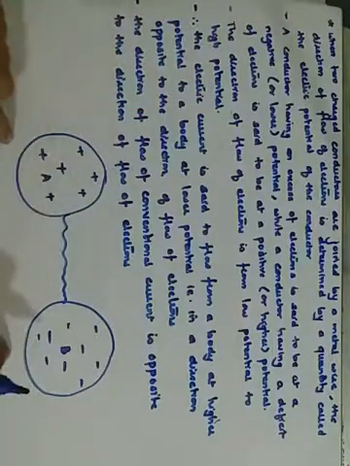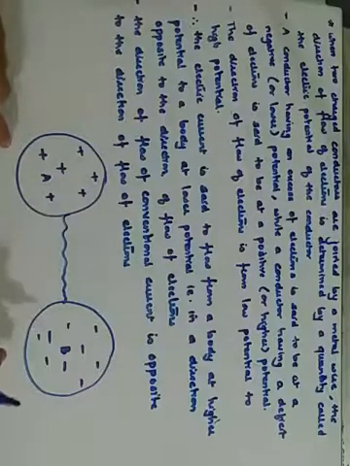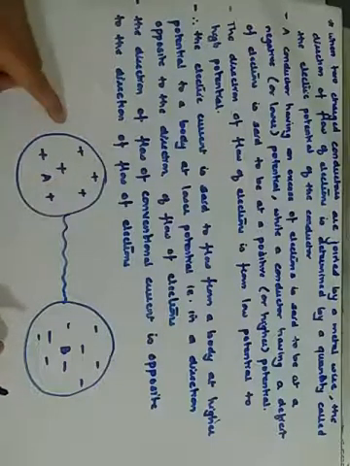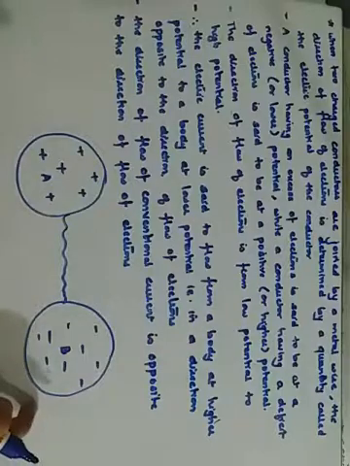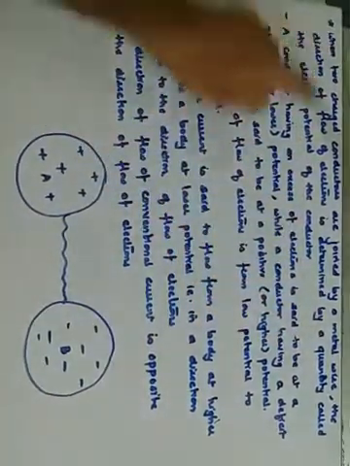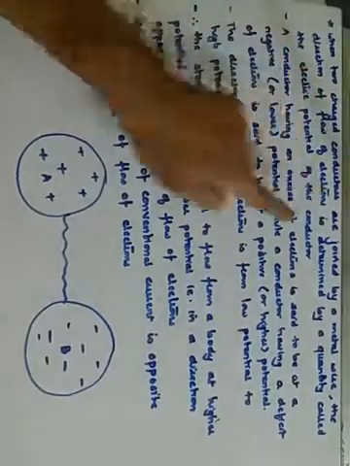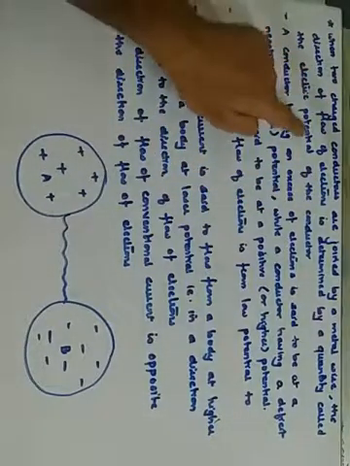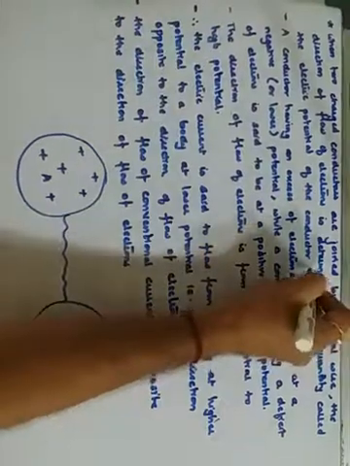So in this case we are going to use the word only potential, that is higher potential and lower potential. So this special terminology, which is used to show the direction of the flow of electrons, is called the electric potential of the conductor. So that is your one part.